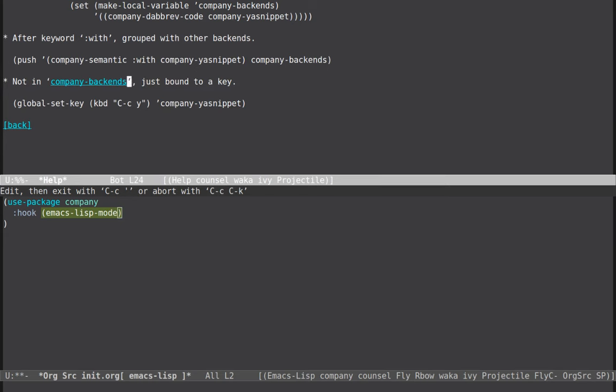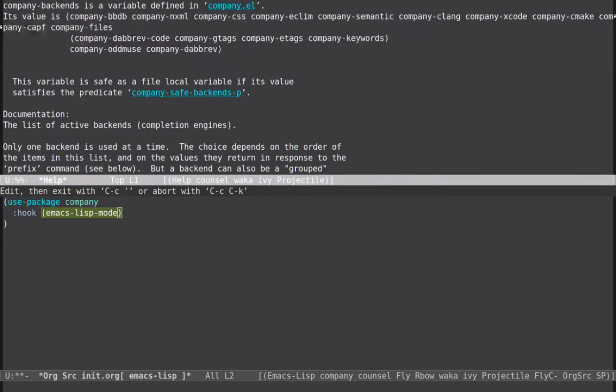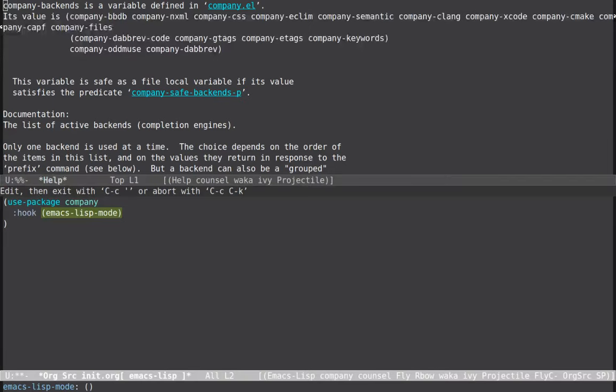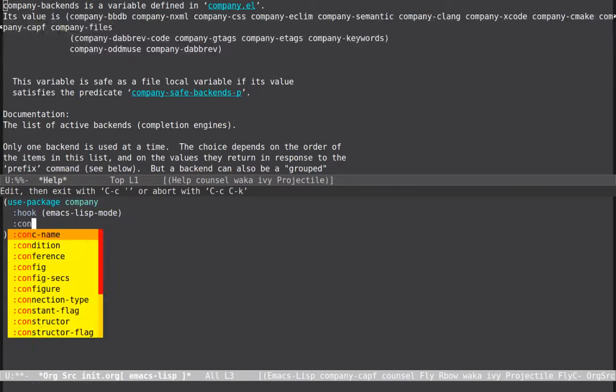What's the name of this one? And it's set to company-gtags, company, the value is, sorry, company-css, company-clang, Xcode, CMake. That works, probably works on most of them. You know what, I'm going to do it that way, just so I know how to do it, and then we will do config